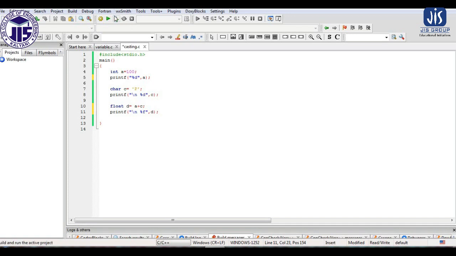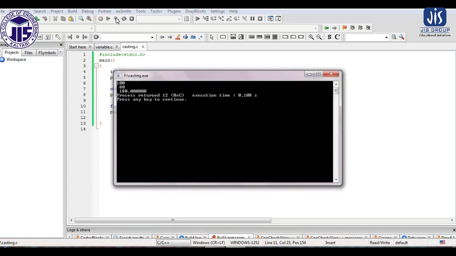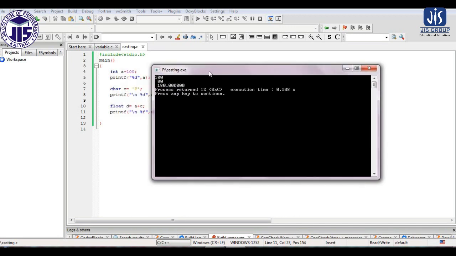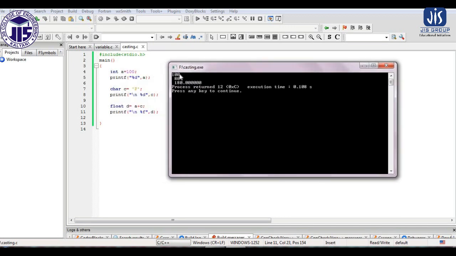So what output will we get due to this, as you can see here. The value of A is 100, and the ASCII value of P is 80. When we perform an addition operation on a character, we are basically performing addition on the ASCII value of the character.